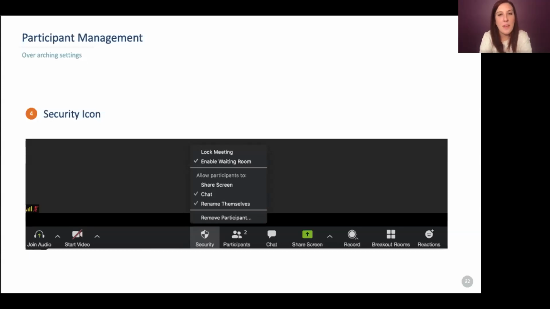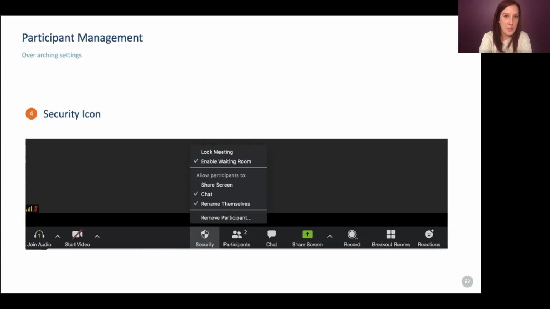Yeah, that's a really good question. I'm not 100% sure that I'm understanding what you mean by object. So if you want to elaborate that into the chat, then I can probably answer your question a little bit better. But yes, within the web portal, there are a couple of different options for recording settings. If they're not enabled in the web portal, they're not going to show up as options within the meeting itself.